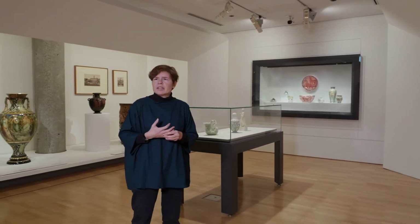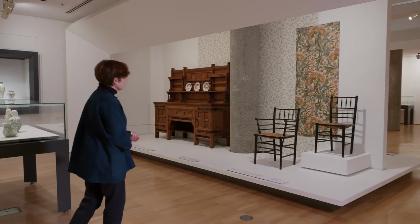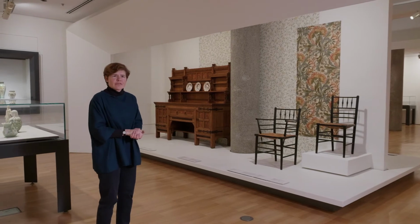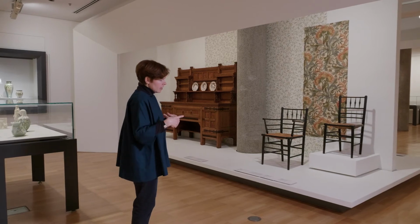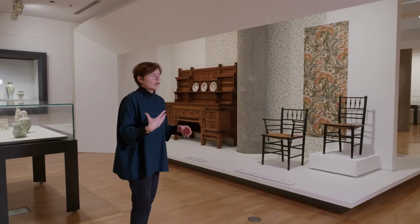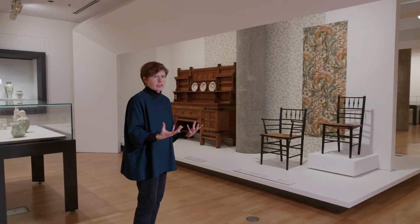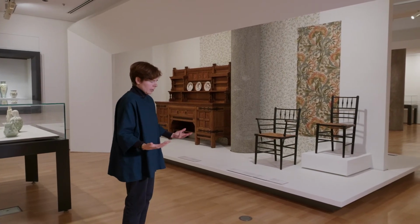The arts and crafts movement was really led by one man, the most famous designer of the 19th century in England at least, William Morris. William Morris railed against the Industrial Revolution and mechanised production, machine production. So the arts and crafts movement was very much about the celebration of hand craftsmanship, or hanging on to the ideals of hand craftsmanship, and not just in celebrating an artist, but also the labourer, the person who actually crafted the object, and that there should be joy in labour and in life